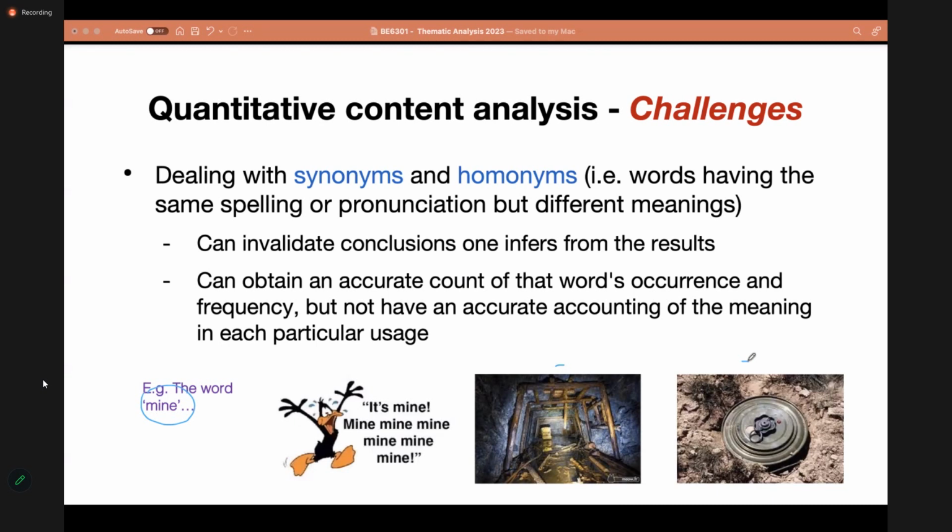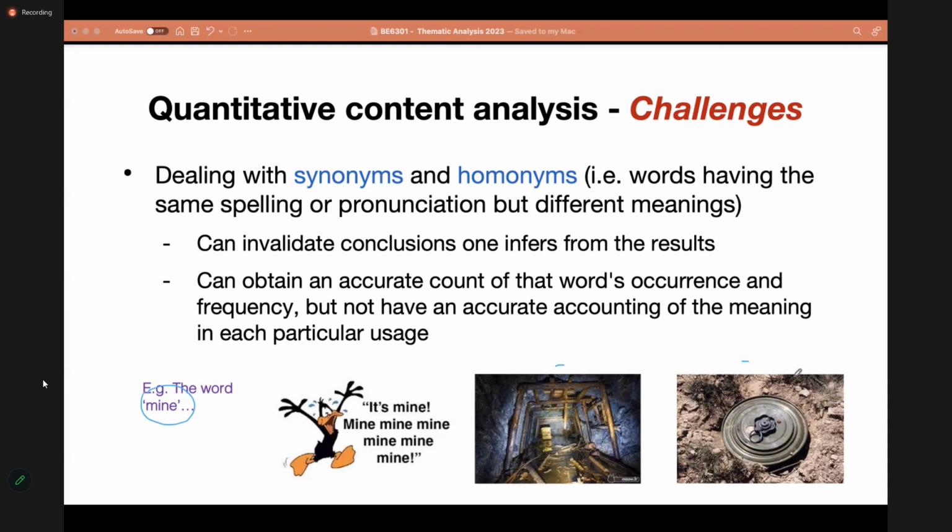So if you just simply do automatic counting of how many times the word mine is occurring, and it has been used in different places to mean different things, then you might end up with a wrong conclusion.